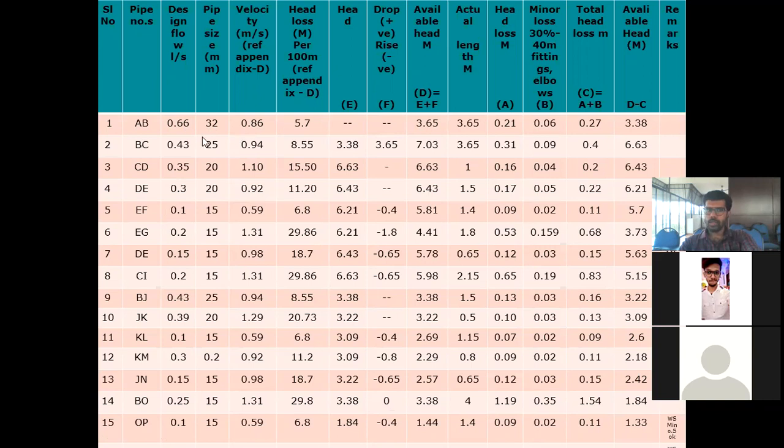Okay. So what you said is correct only. Now, for finding out the head, we have just seen what the correct velocity should be. What should be the velocity? We have already found out the velocity as 0.8. With respect to that only, we have already found out the pipe size as well as the design flow. So if you go and see there, you can see that the value is correct only.